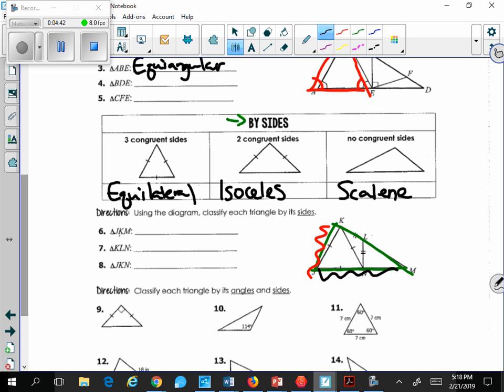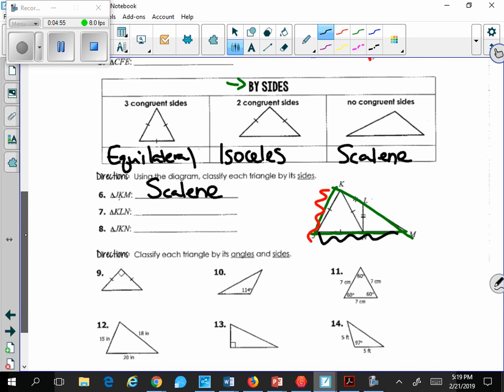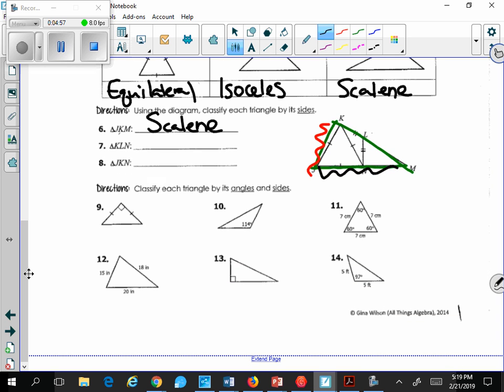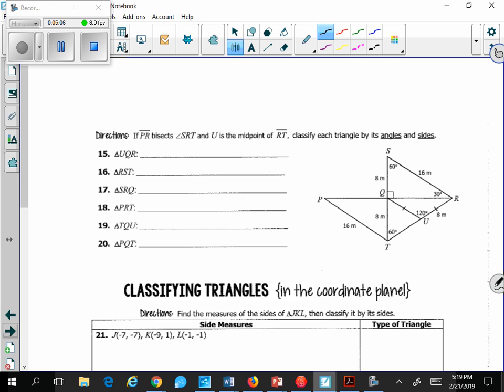So since I've got three sides that are not congruent to any of the other sides, I'm calling this guy a scalene triangle. Again, I'm not going to spend too much time on those because I think you guys are okay with that. So let's skip 9 through 14 for a minute,